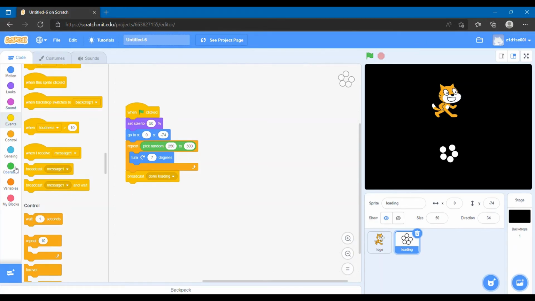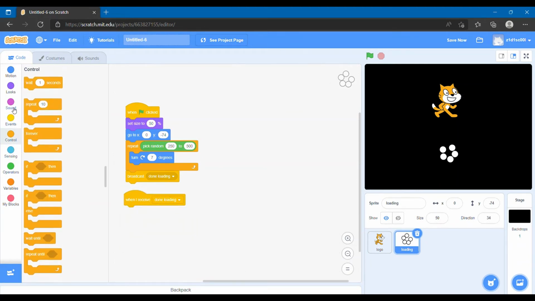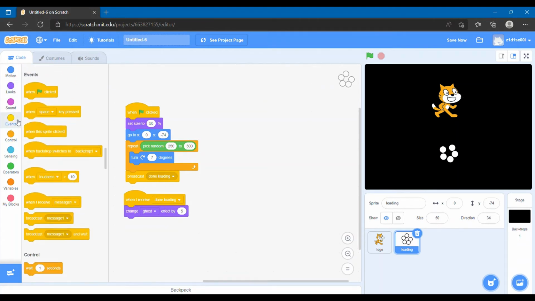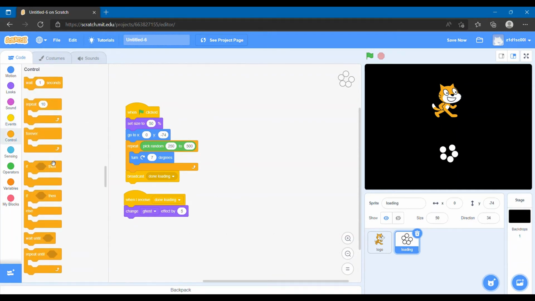So when I receive done loading, change color effect by 25, and we need to change the ghost effect by 5. But it will just change the ghost effect. It will not completely ghost it. So we need to put repeat 20,